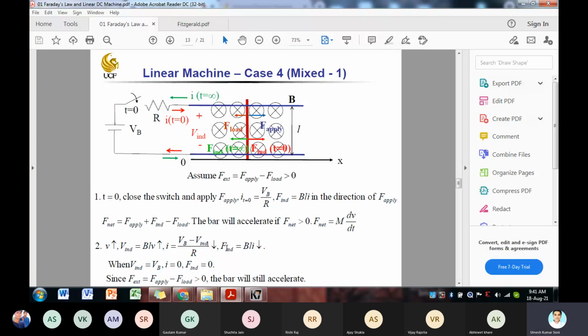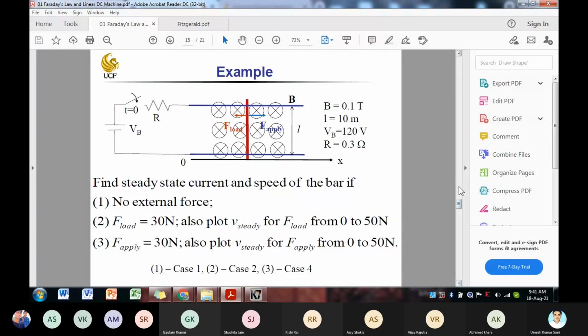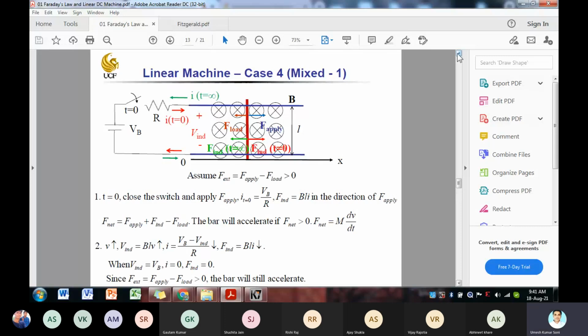Okay, in that case F induced is also reducing. अब F induced जो है reduce हो रहा है। ठीक है, एक सर्टेन कंडीशन पे ऐसा होगा कि F induced जब करंट 0 हो जाएगी। ठीक है, in which condition suppose that the current is 0, तो करंट 0 कंडीशन में F induced इक्वल टू 0 होगा।